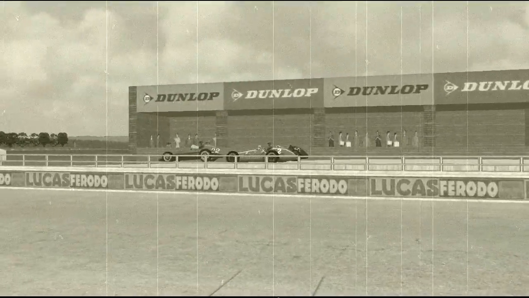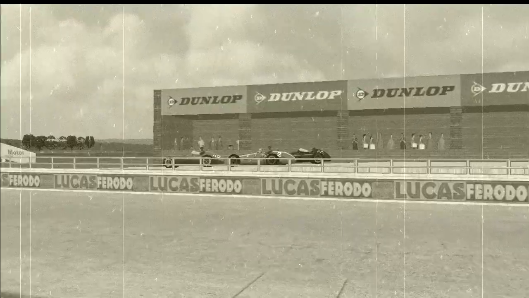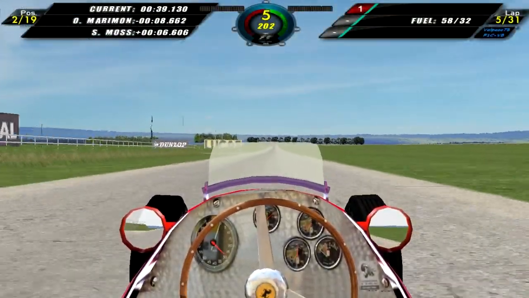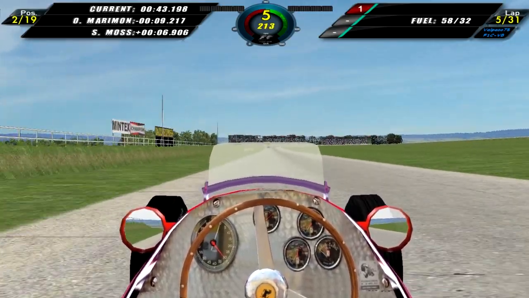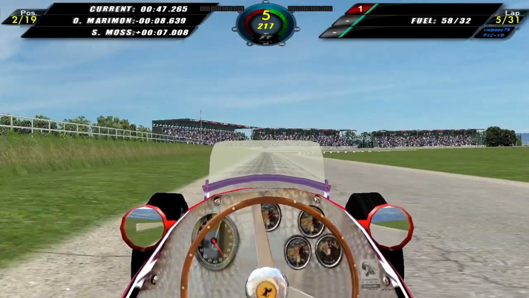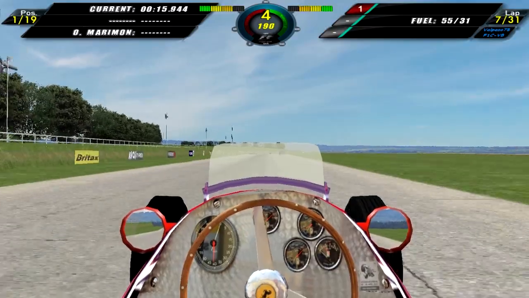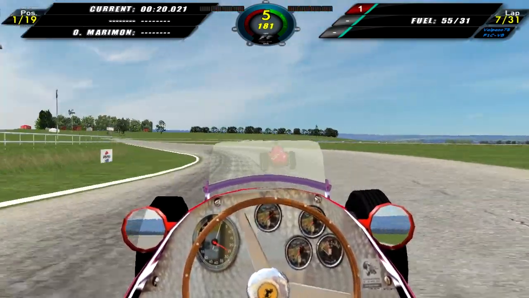And here we see Louis Rosier coming into the pits to obviously retire, because that's what the AI does in these early parts of the mod, which is a bit annoying, but oh well. Anyway, we're still chasing after Onofre Marimon. He's around 9 seconds up the road. Moss fell behind. He's quite far behind, and that was Onofre Marimon's